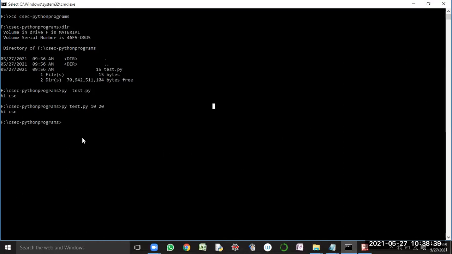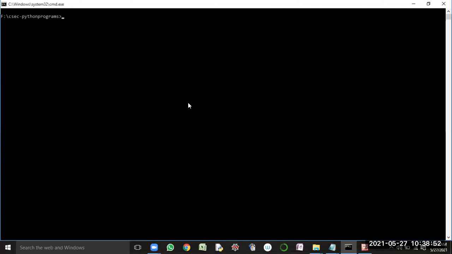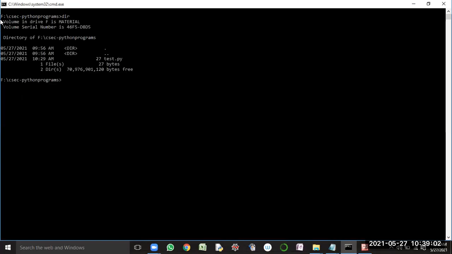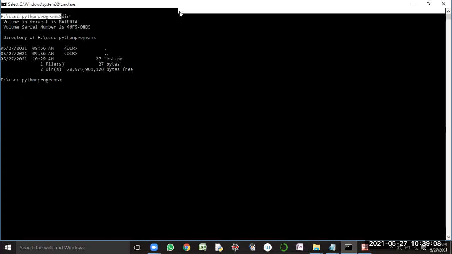On this, we can work with the help of commands. Let us suppose I want to clear the contents of this screen. Simply I can issue a command called CLS. It has cleared the screen. If I want to display the files and directories available in this particular path, I can issue the dir command. So dir is a command. This part is called the command line.